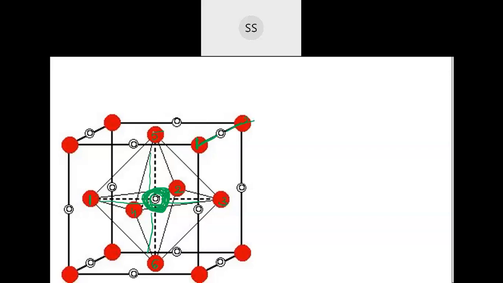This I will take as 3. So I need another atom on this side. Correct, no? On this side I need another atom and this atom, and above this I need one more atom. Correct? So if I join this together like this, see here, if I join it together, then one void will be created this way.